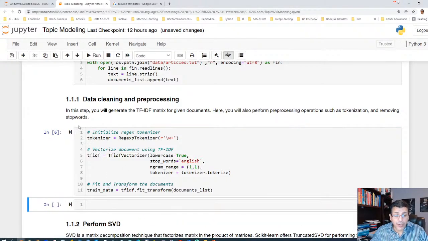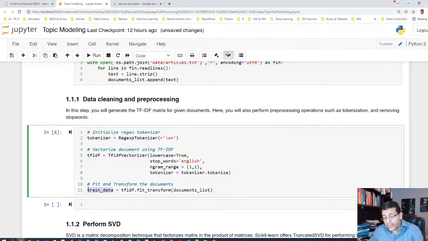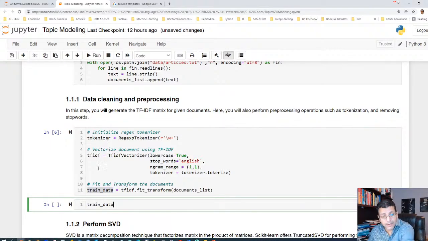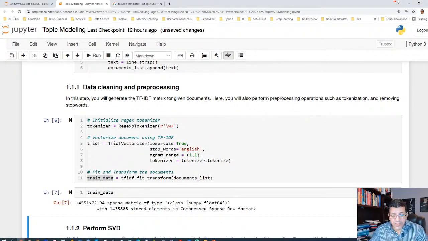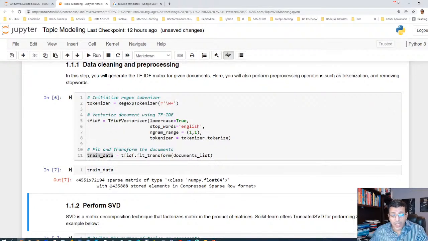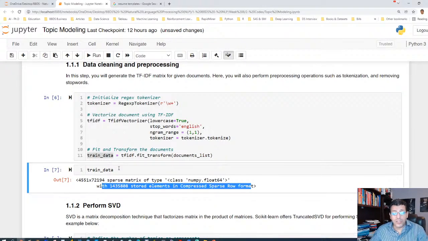And let's take a look into our data. Hopefully we'll be able to read it. So it's an object. It consists of 1,435,888 stored elements. So in a compressed sparse row, it's very compressed because it's huge, so we won't be